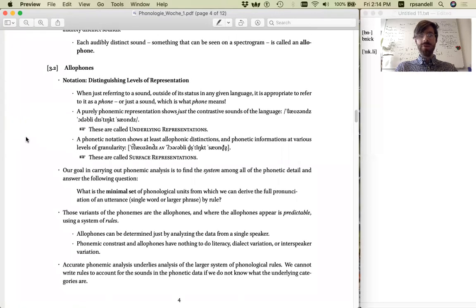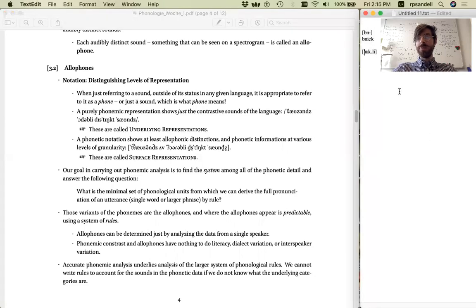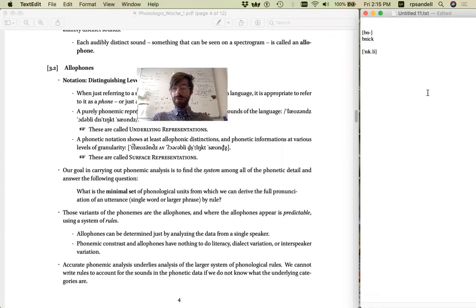And here we first need to try to distinguish some different levels of representation. So when we refer to a sound outside of its status in a specific language, it's appropriate to refer to that as a phone or just a sound, which of course is what phone means. So in a very general sense, we can talk about sounds like a voiced bilabial stop or